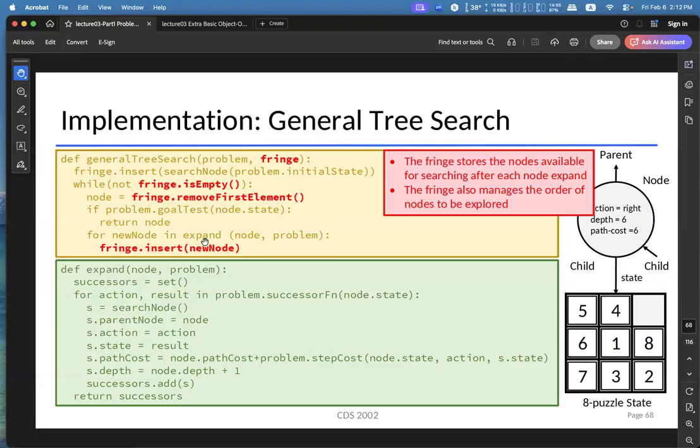Because these nodes are new, they haven't been explored yet, so these nodes are added to the fringe. So the fringe is always keeping track of the unexplored nodes in the search tree. Okay? So this part finishes the whole equation.